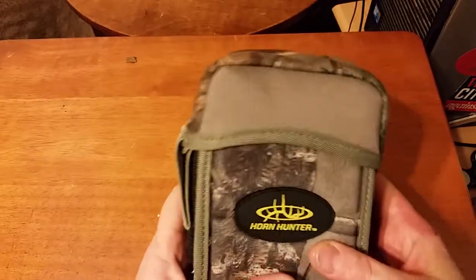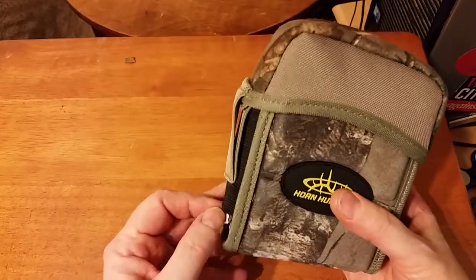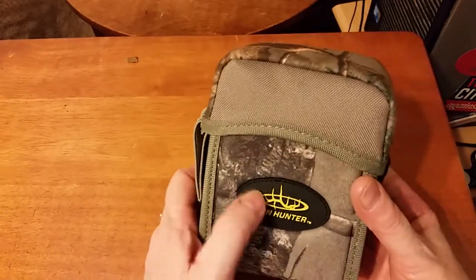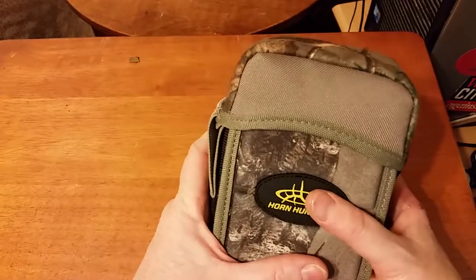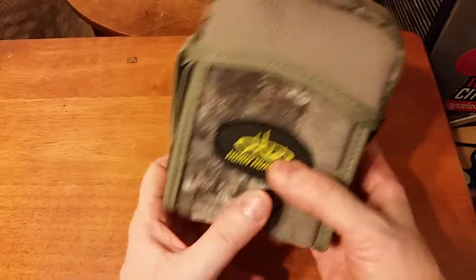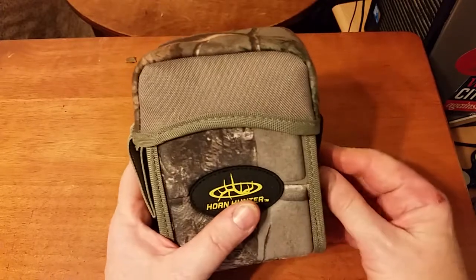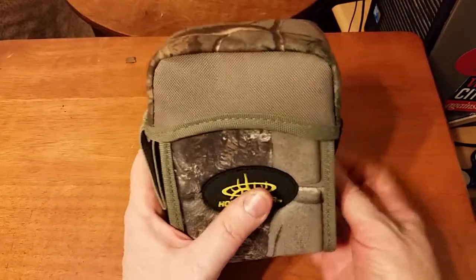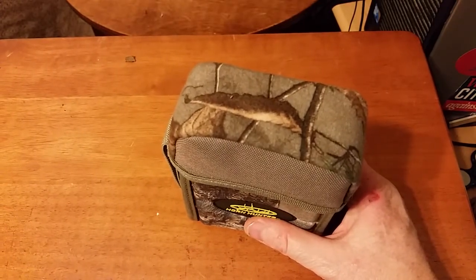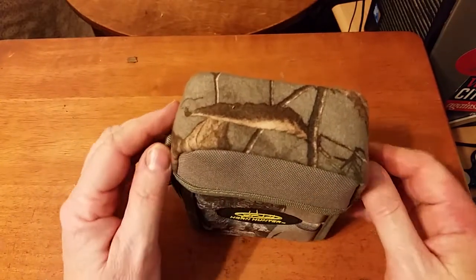This is actually a rangefinder pouch that I got in the Hunter's Haul box that I won from the Out West with Chris giveaway, when the prize package was a Hunter's Haul subscription box. And so there were 3 items in that box. There was this rangefinder pouch, a gunsling which I had sent off to a person as a surprise gift,